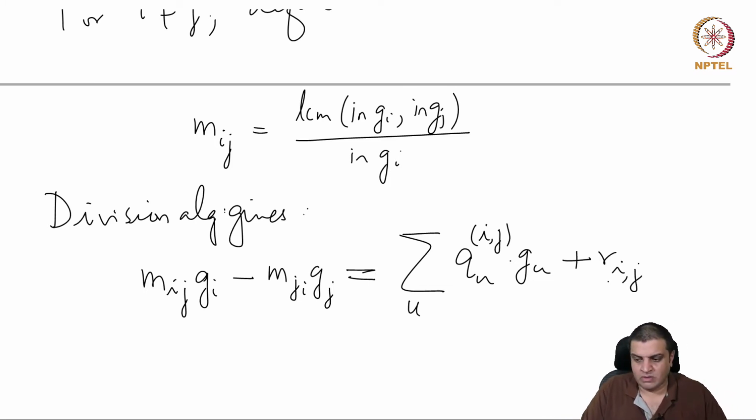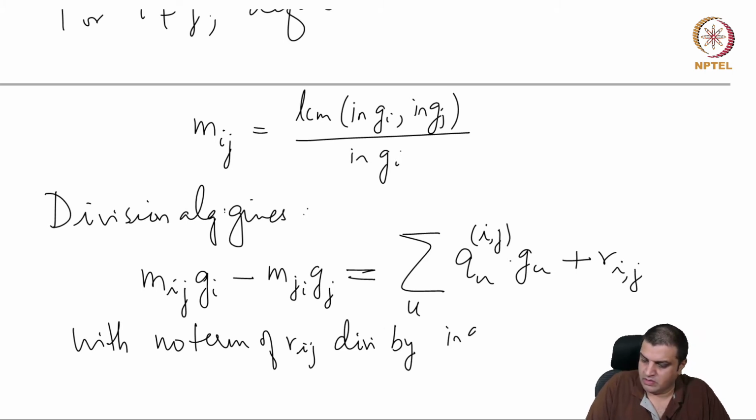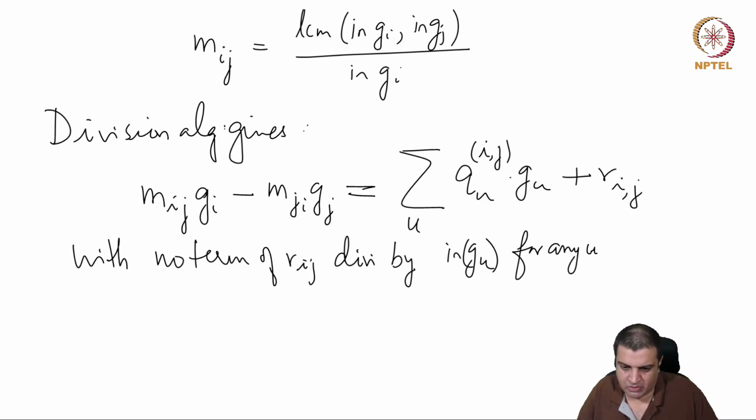Okay. And again we have seen this Rij need not be unique, but one can ensure that no term of Rij is divisible by the initial term of any Gu, for any u. Okay. So this is just the same thing that we did for ideals. So we can write it like this, and then the Buchberger criterion is,